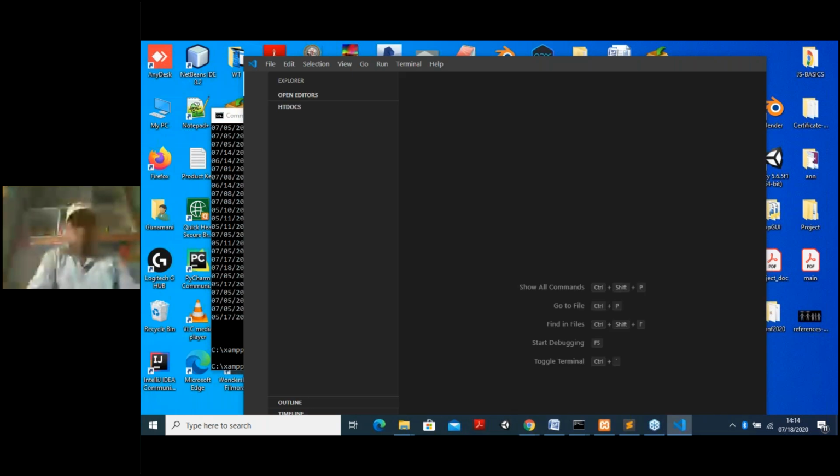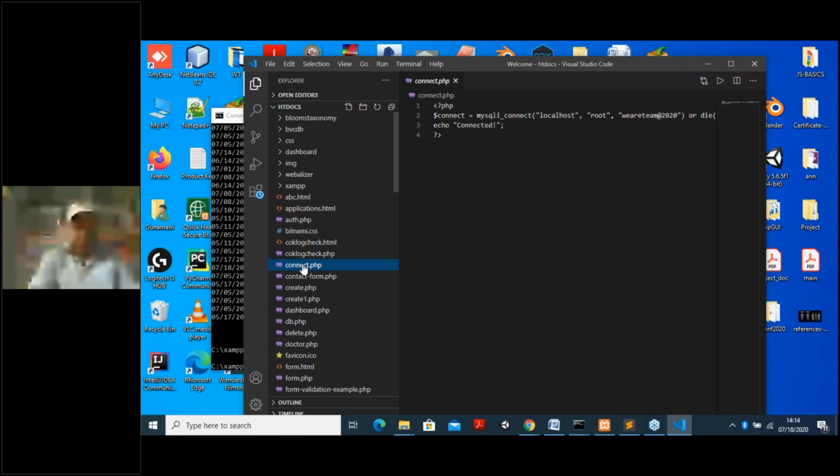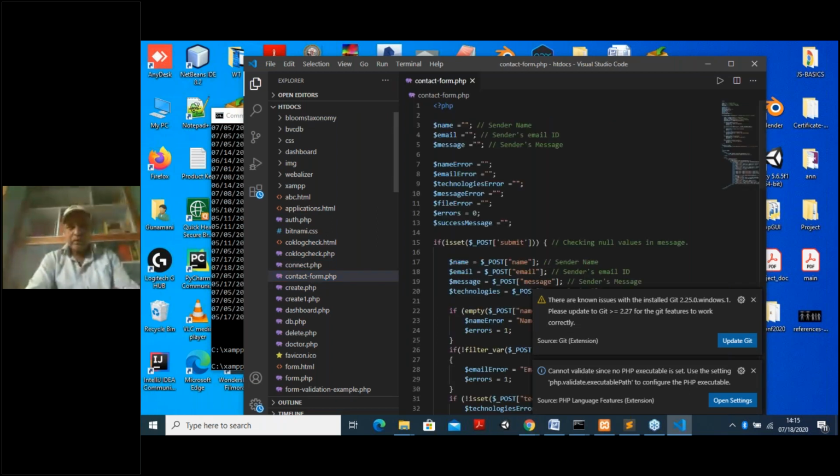Yeah. Now you have to go for a number of things here, because on the htdocs, suppose I go for contact dot php. Okay, contact dot php. The contact form will be there. So the application is contact form dot php. This is the form. I can show you both ways, in Sublime as well as in Visual Code.